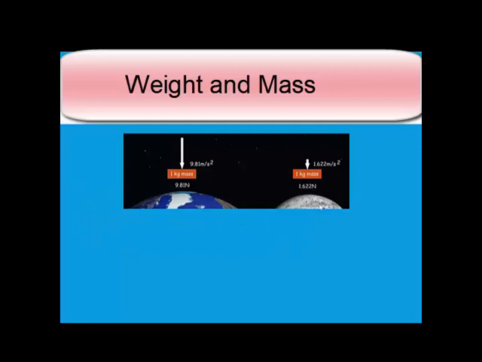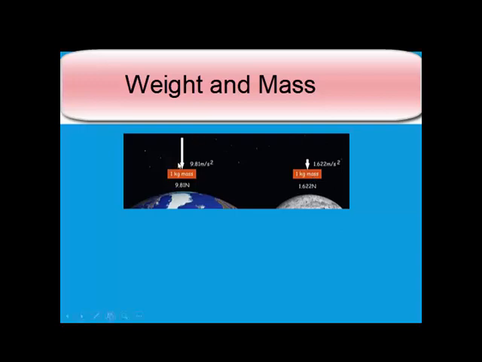So this I'm sure you already know. Look at this, we have talked about it in previous classes also. There's an object which has 1 kg mass. If you take that 1 kg mass on earth, it will be the same when you take it to the moon, that is 1 kg. So mass is going to be the same. Mass doesn't change at all. What changes is the weight.